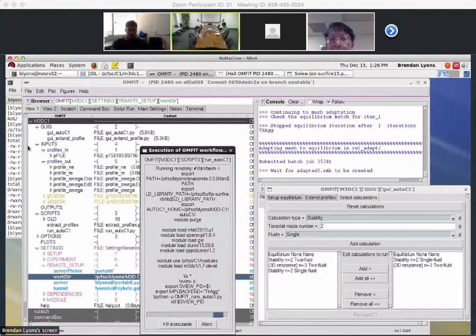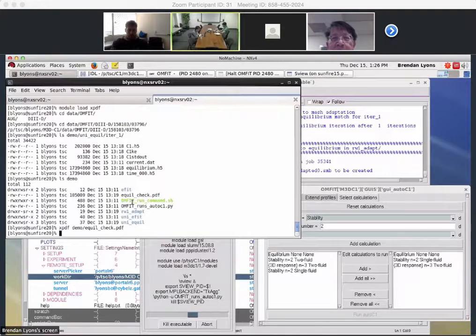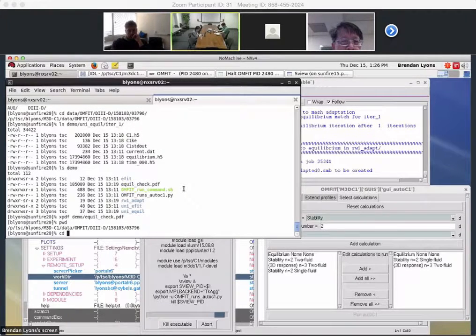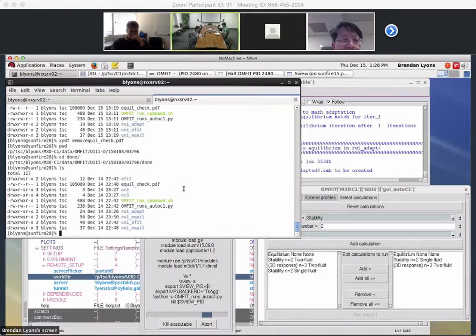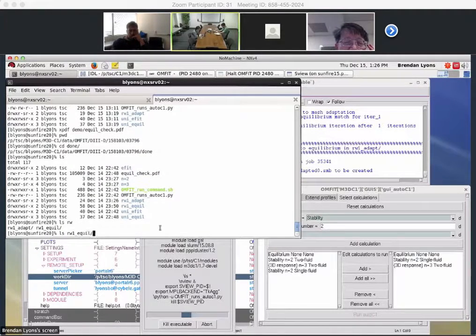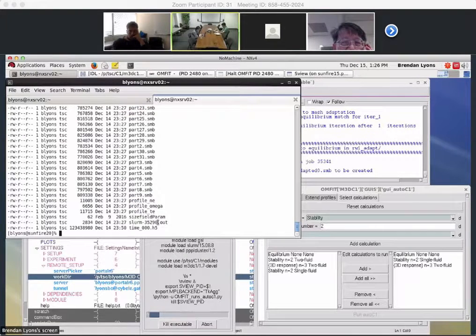So I'm not going to sit around and wait for this to finish. I did this same exact setup and run last night, and I put it in a folder called done. So this was demo, now I'm doing done. Same setup. So now you can see that it adapted the mesh into this R1 adapt folder. It did the equilibrium calculation in R1 equal, RW1 equal,